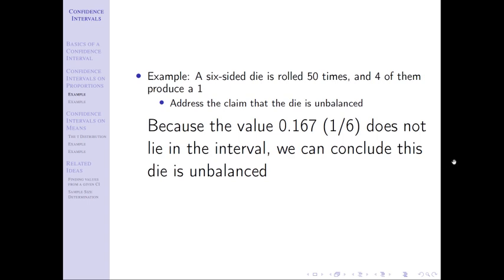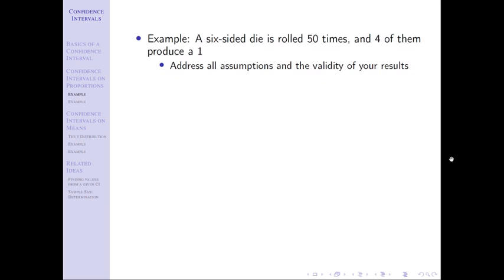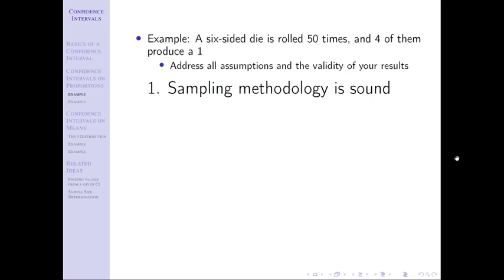Last thing we're going to do is check our assumptions. Always, always, always, first thing we're going to do is check our sampling methodology. Is our sampling sound? Do we have any of the biases that we talked about way back in chapter 1? In this case, there's literally one sentence of problem, so there's nothing I could say about the sampling methodology, about it being bad or having a bias. There's nothing really happening here, so I'm going to say, yep, we're good there. Again, we're not going to make something up. We're going to check to see if there's a problem, but if there's no problems that jump out at you, we're going to say we're fine.